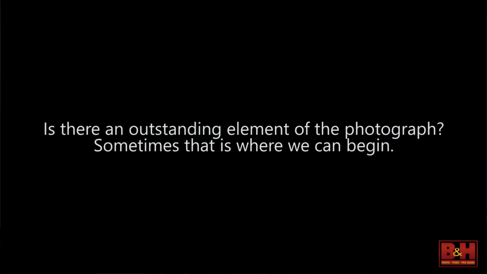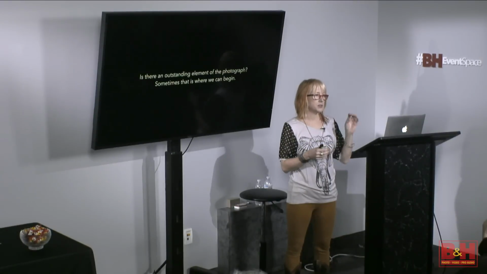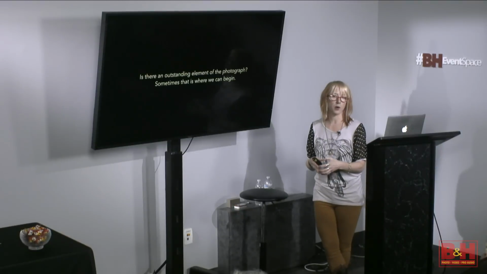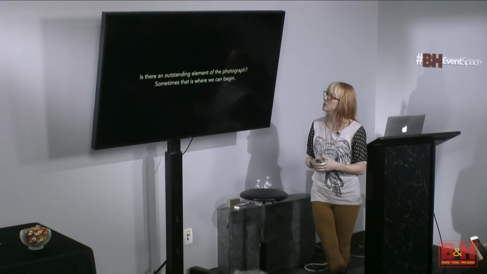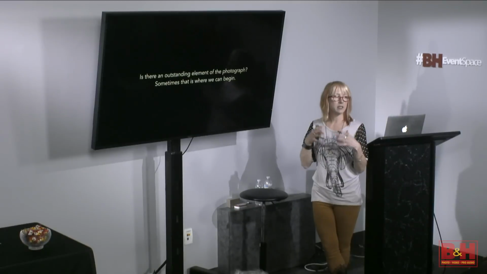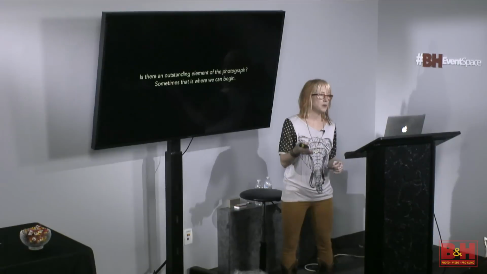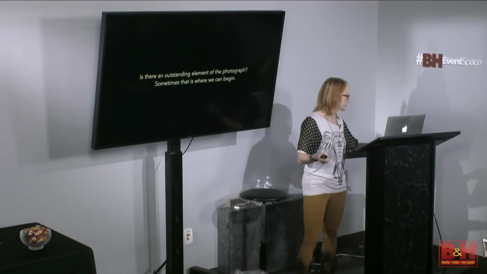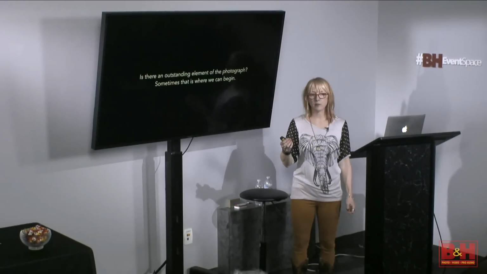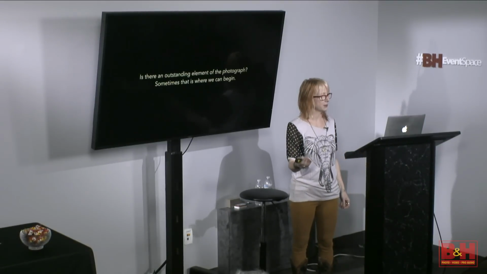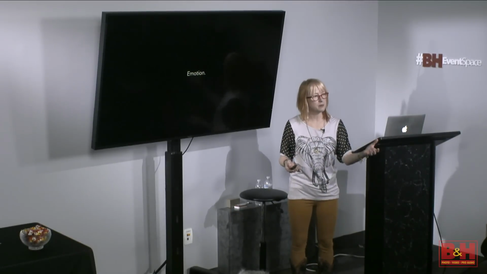So, we've talked about what we see, what we feel, what we think. We've talked about the subject and the content and the visual aspects, the form, which also includes the technical choices. We've talked about whether what we're seeing and feeling is communicating an idea, okay? But as we've seen with some photographs, and I want to show you some examples, sometimes there's one of those elements that's so outstanding it can't be ignored, right? Like emotion, okay? When I show you this next image,